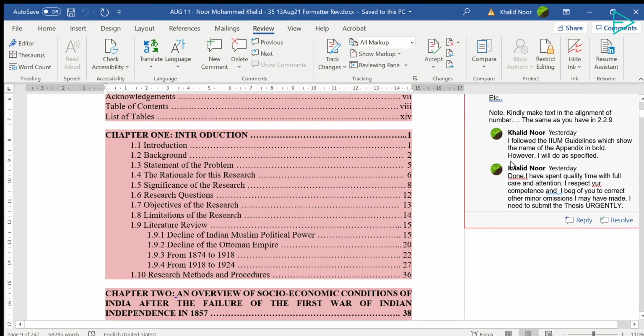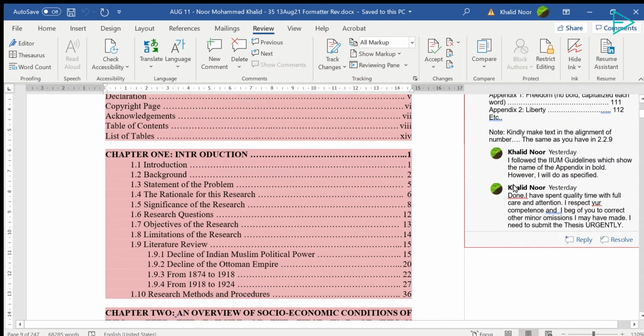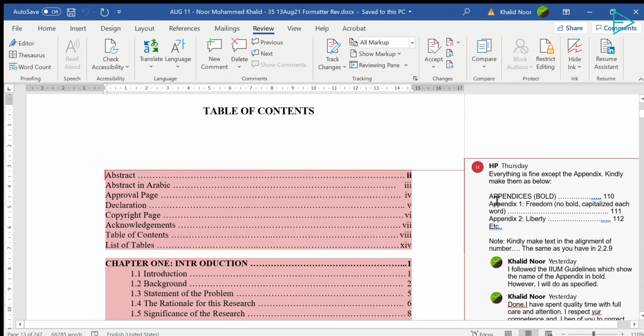Other than that, all of them were very simple. He said, look, you must add appendices in the table of contents in bold, and then all the appendices underneath that must not appear in bold, and they must appear in sentence case. Of course, like I told you before, all noise words and supporting words must not be in capitals, or not start with a capital letter. So anyway,